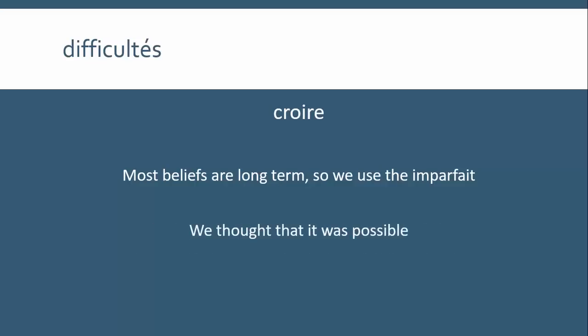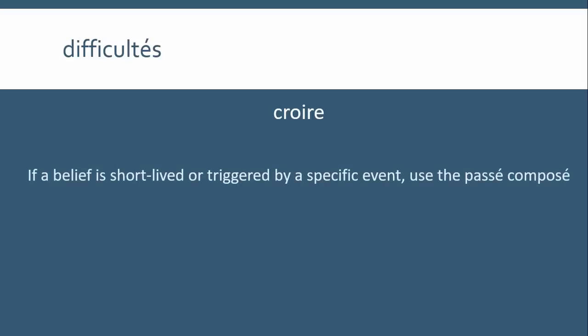Similarly, you could say, we thought that it was possible. So if this was a general belief in the past, then you will use the imparfait in the same way. So, on croyait que c'était possible. You could argue that there's a lack of context there and that we don't know, but generally, on croyait would work there. However, in the passé composé, we're talking about a belief which is short-lived or triggered by a specific